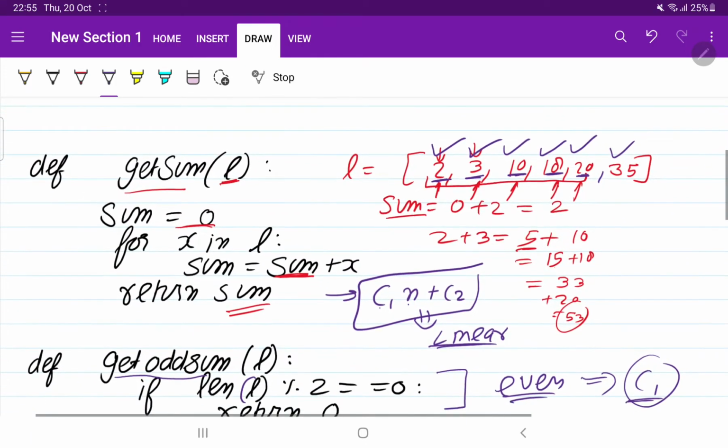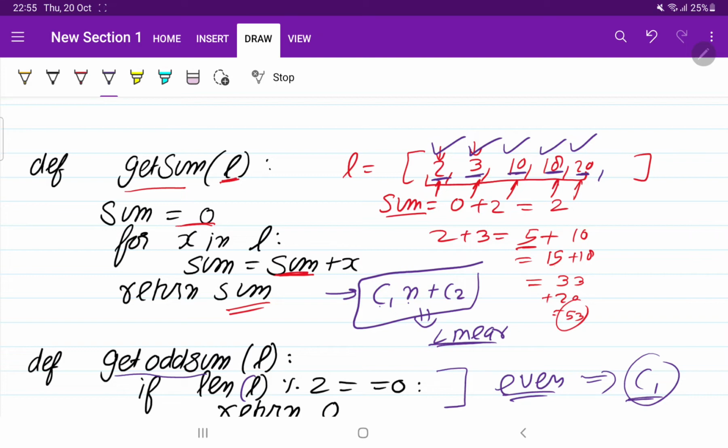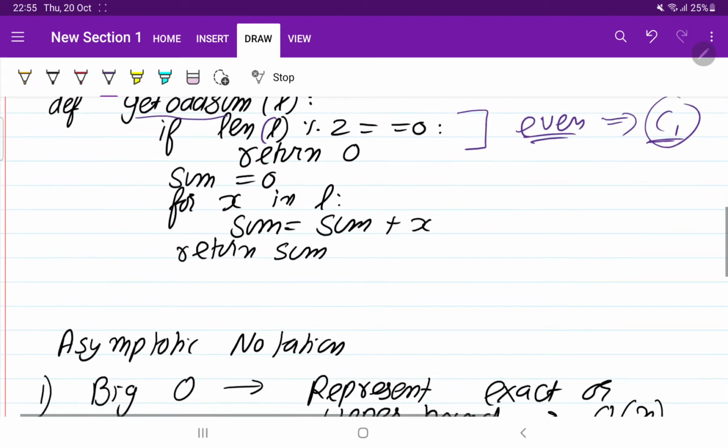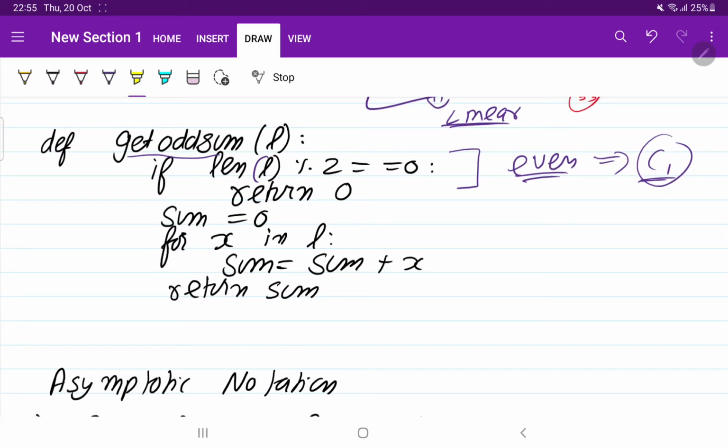Suppose the number of elements is odd, for example if the list has only this many elements. Then again we have to traverse each element and calculate the sum. We have written the same function: sum is equal to 0, then we traverse each element and return the solution.